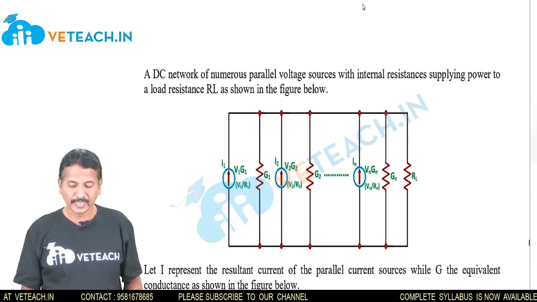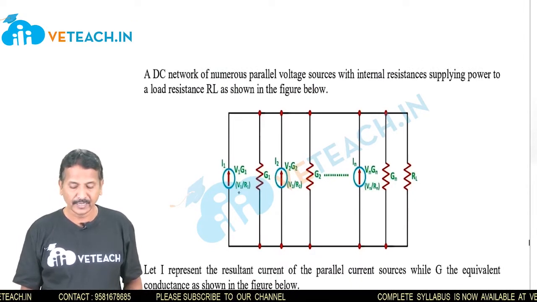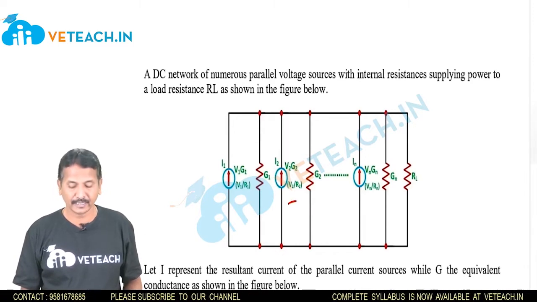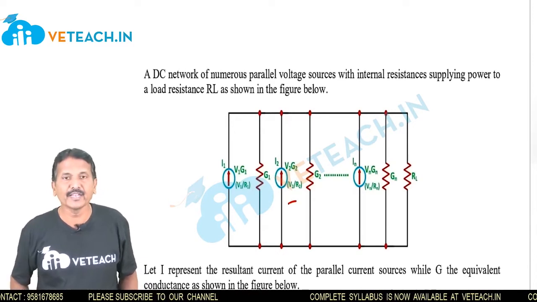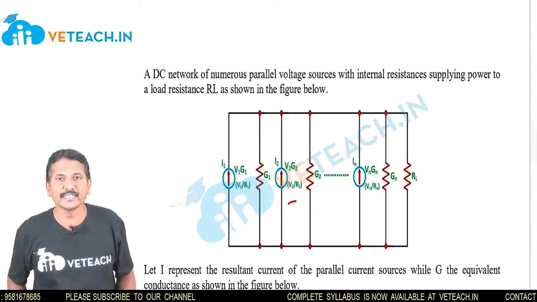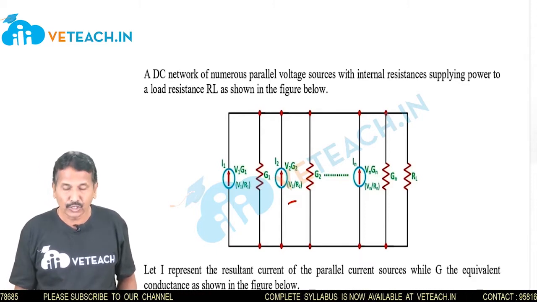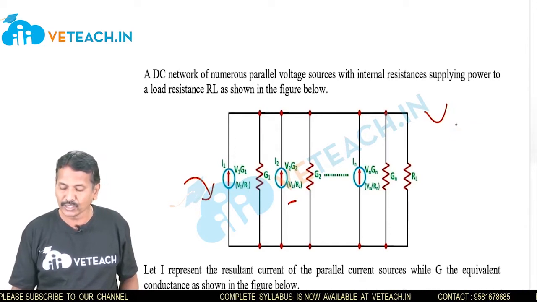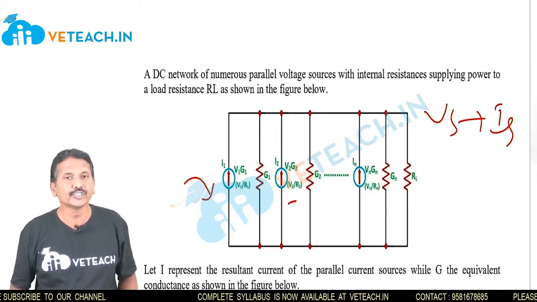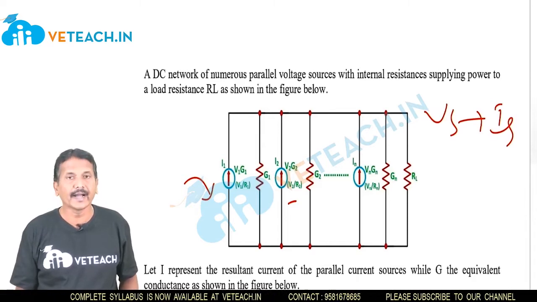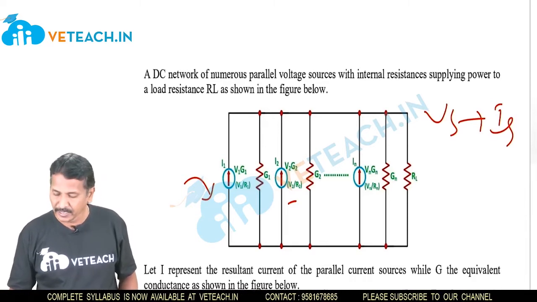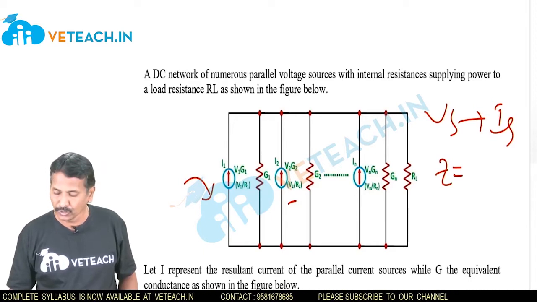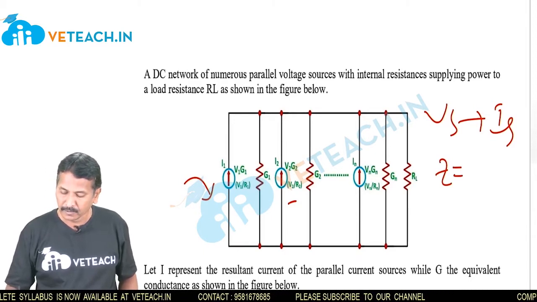So here we see V1, G1, where G1 is equal to 1 by R1, and this is the current source here, I2. In parallel we discuss the current source and in series we discuss the voltage. So the voltage sources are converted into a current source IS. So here I1 is equal to, means Z is equal to